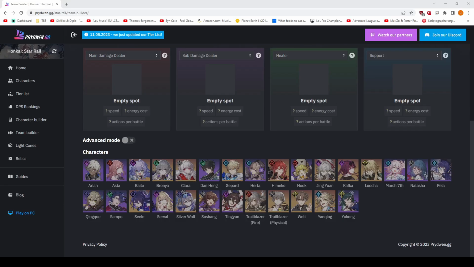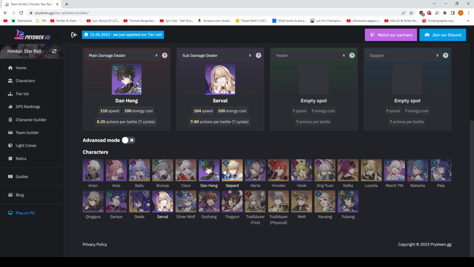Serval can be ran in a variety of different team comps. The quintessential free-to-play comp is the one you will see her in a lot. So it is Dan Heng as the main damage dealer who will be consuming most of the skill points. Then you will have Serval as the sub-damage dealer who will be using skill points only when needed to apply shock, otherwise she will be doing basic attacks. You will be running either Trailblazer Fire or March 7th as your shielding preservation unit,